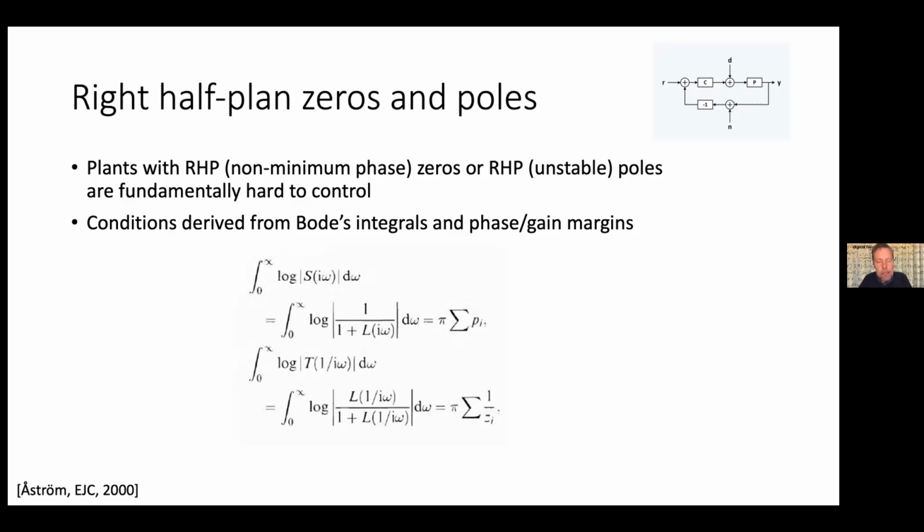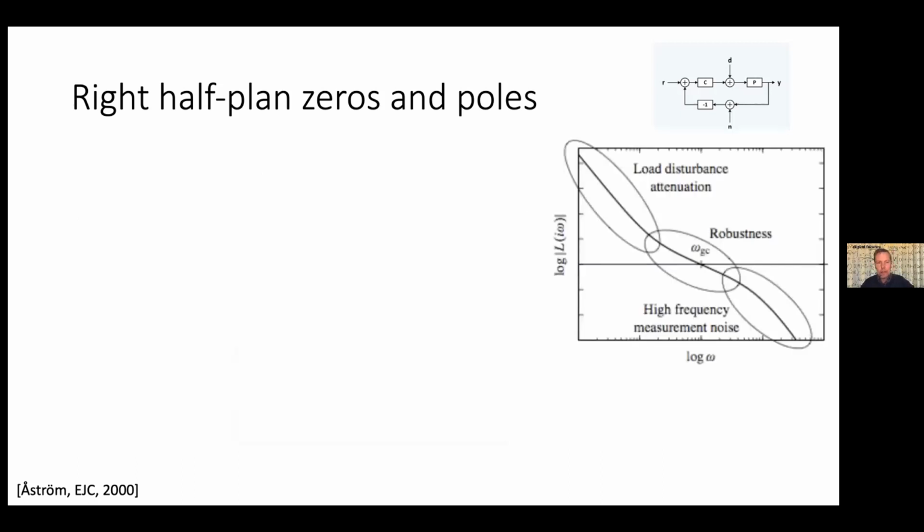And yeah, I showed just the sensitivity formula. There is a very similar one for the complementary sensitivity, which includes the unstable zeros instead. But from these formulas, as well as from the definitions of phase and gain margins, you can now derive explicit conditions, which show you how hard it is to control systems with right half plane zeros and poles. Let's look at a few of these expressions here, and these are taken from Åström's paper he wrote on this topic 20 years ago in the